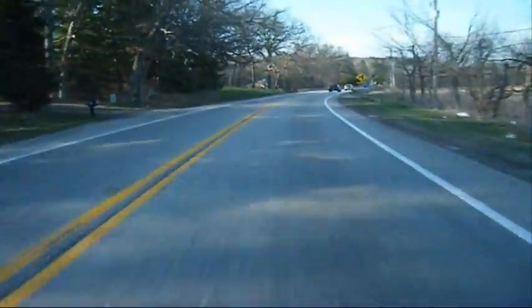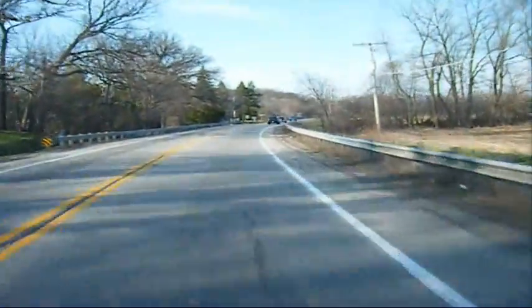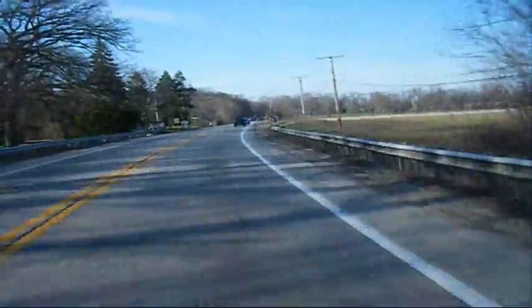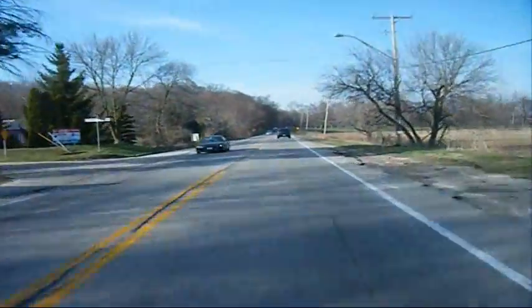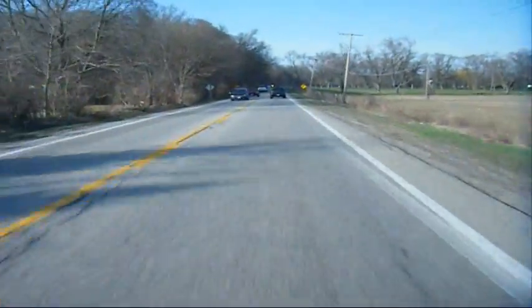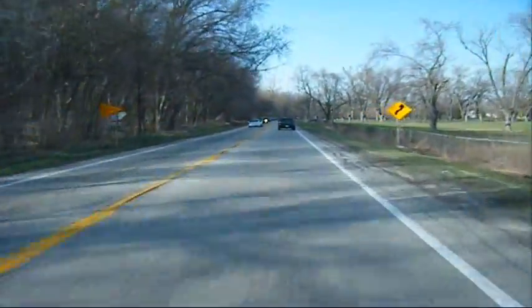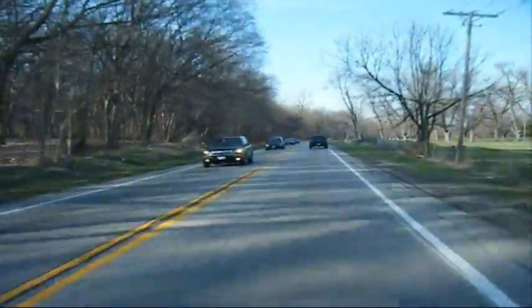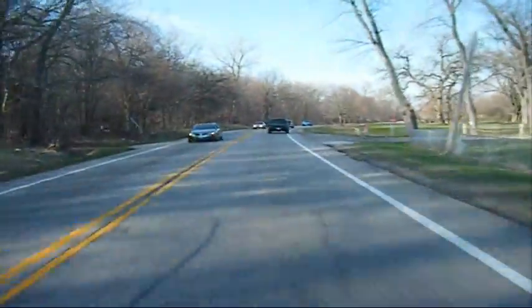I feel it more because I don't have the fairings to protect me from the wind. But because I don't have the fairings, the bike just cuts right through. On the Ninja, this would have been insane right here. I'd be blown all over the road right now. And as you can see, with one hand, it's just absolutely steady. It's perfect. The only difference is because there is a little bit less power, I do feel,